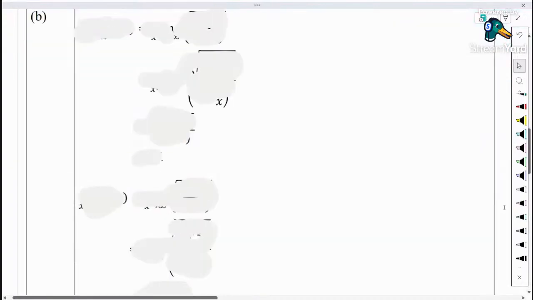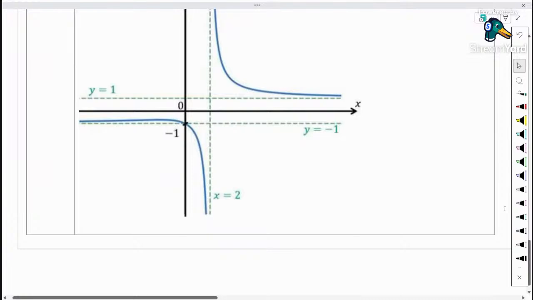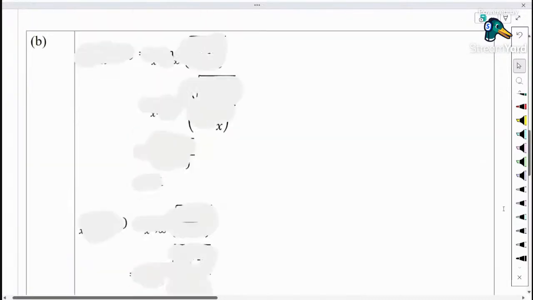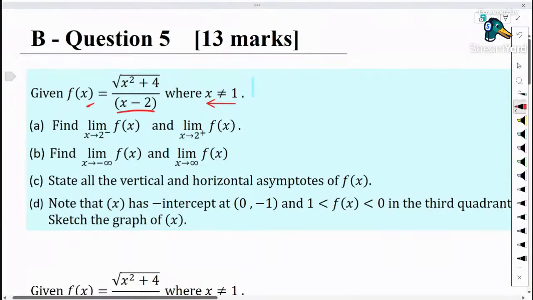And then I think I want to hold on. Maybe there is a correction on this question here, where x is not equal to 1 is not proper. I suppose this is supposed to be x is not equal to 2, so that will be more valid. Please make a correction on these questions here